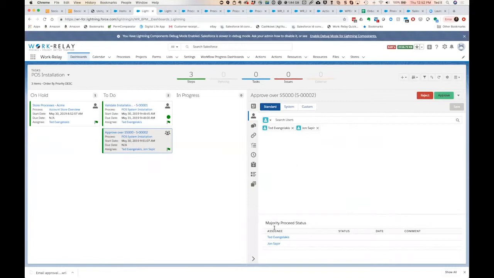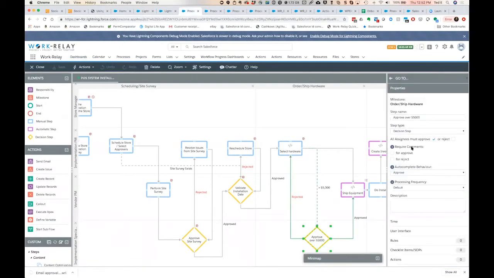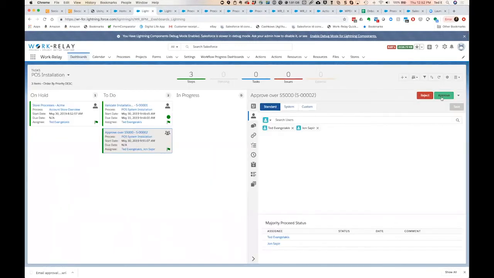So you can see down below here, as each approver approves the step, you'll see the status, when they approved it, any comments they've entered, and so forth. And on the process itself, that step has a parameter that says assignees must approve. So that's what we're using to determine that everybody that's listed there has to approve. So when we proceed that step, if I approve it,